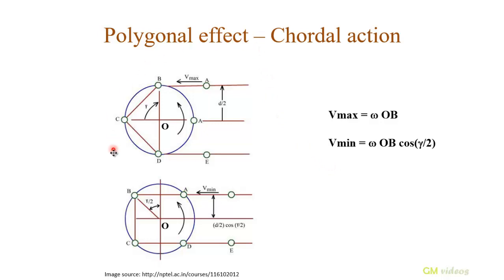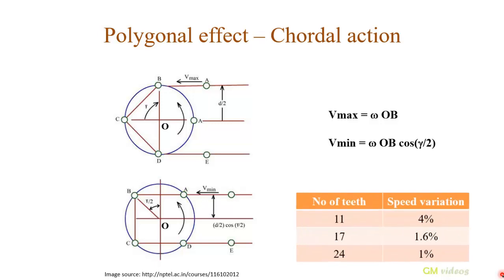This effect of the chain makes a chain useless in cases where precise velocity of the outer shaft is required. So now let us move on. Okay, so now, to calculate speed variation, we know speed variation would be the